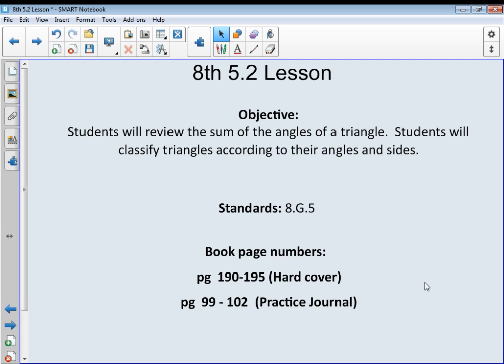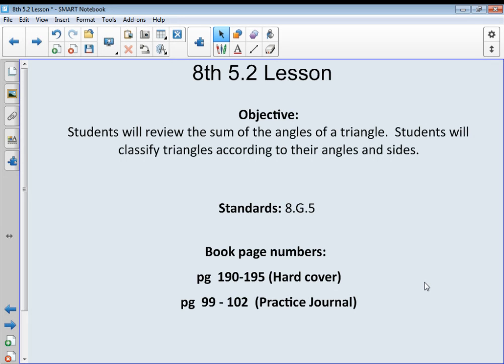This is 8th grade lesson 5.2. In this lesson, students will review the sum of the angles of a triangle. Students will also classify triangles according to their angles and sides. The standards covered in this lesson are 8.G.5. The page numbers out of the hardcover book are page 190 through 195, and out of the practice journal, pages